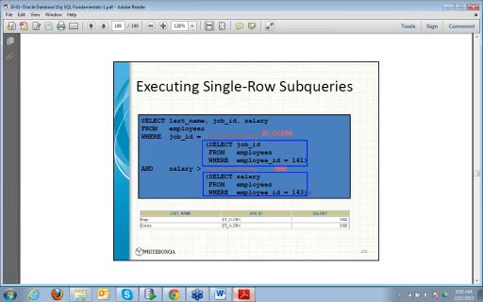I cannot use select job ID, comma, let's say last name.